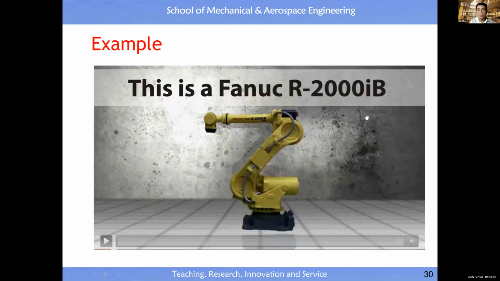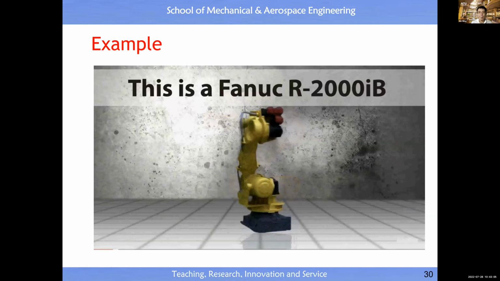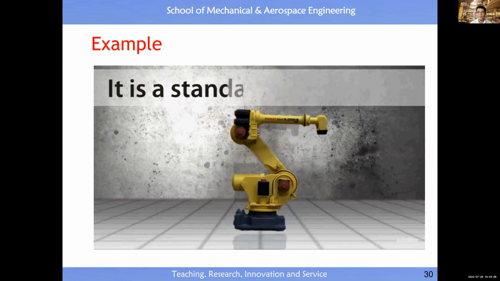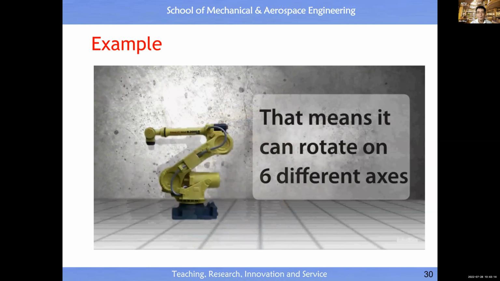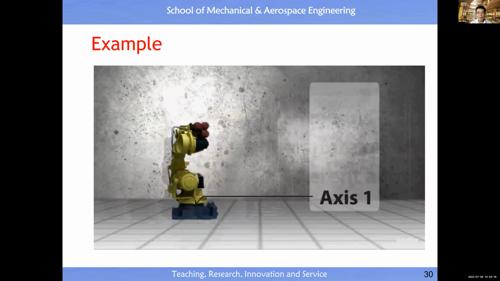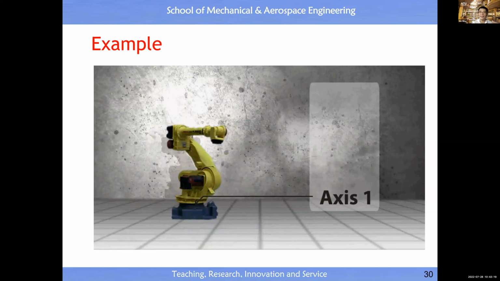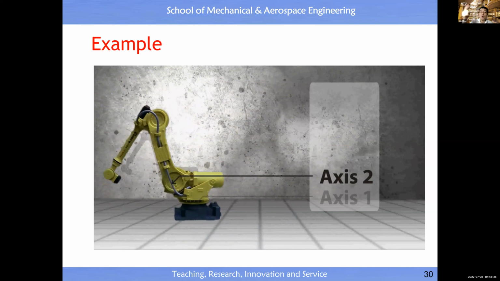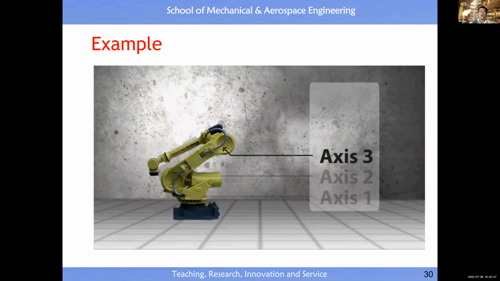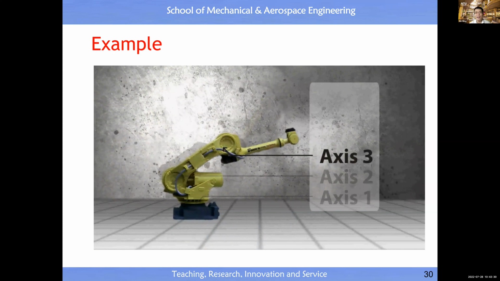So this video basically will help you to understand what a joint is. Then when the joint drives the link, you see all kinds of motion, right? So this is one joint. Axis means a joint, okay? Axis here means the rotation axis of the joint. Then the second rotation axis of a joint, the third rotation axis of a joint,